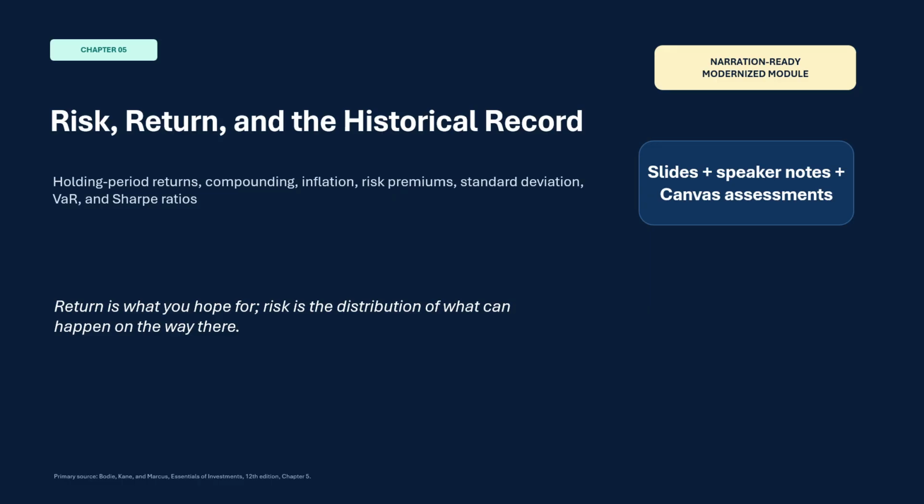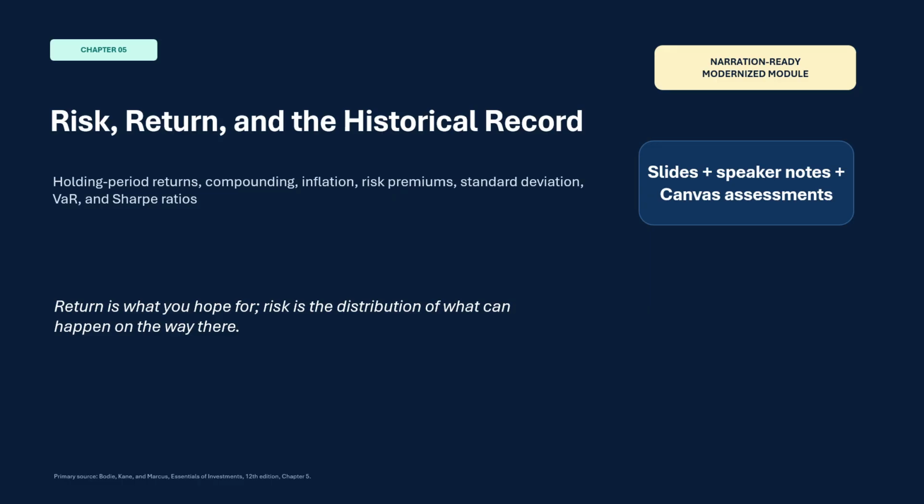A holding period return describes one investment result. A geometric average describes compound growth. A dollar-weighted return describes the investor's actual experience when cash moves in and out. A real return tells us what happened to purchasing power. Standard deviation and value at risk describe parts of the risk distribution, but not every possible surprise.